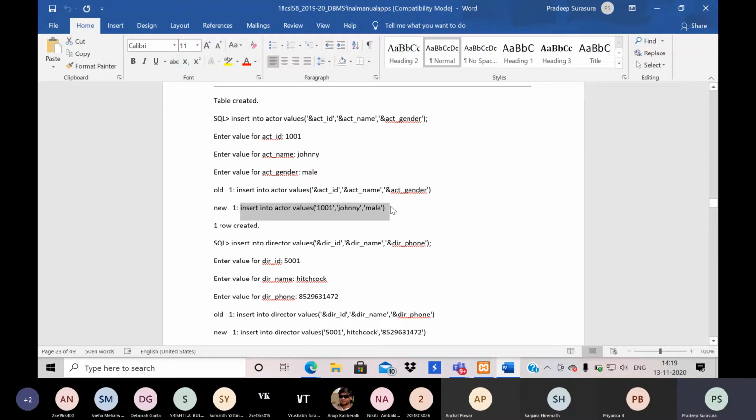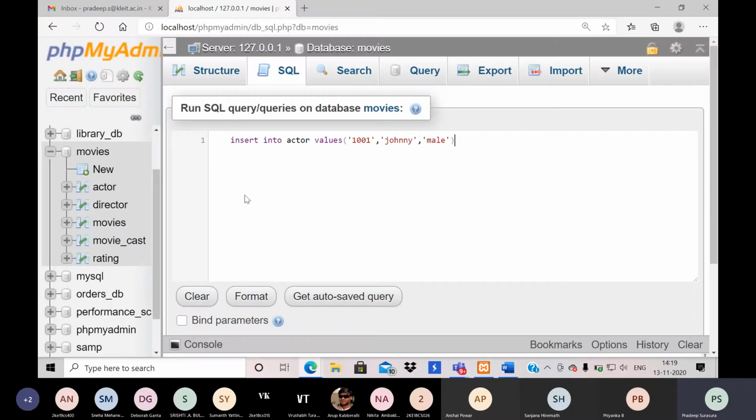Let me take this insertion, insert into actor values. Let me put a semicolon and run. This is absolutely fine. There is no error here.